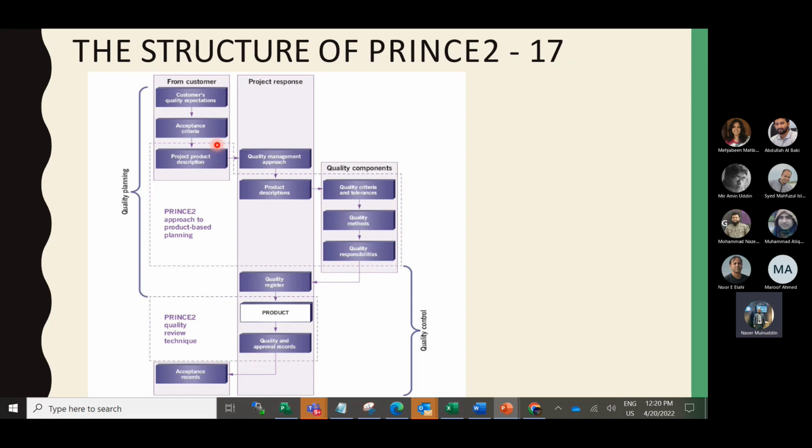For example, in stage one the product is delivered, and in stage two the second product is delivered. When the stage one product is delivered, it has some acceptance criteria. If the quality is not approved, stage one is still ongoing, but the question is that the stage one time will be increased.